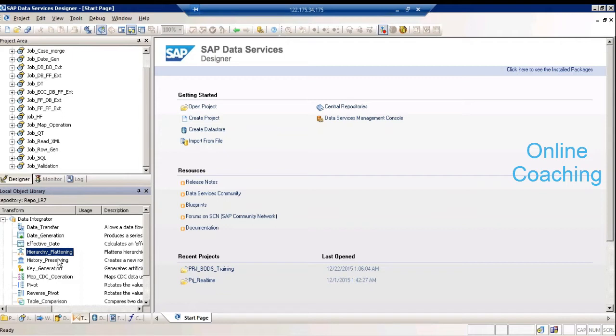Alright, so let us run this job. We are trying to create a structure as of now. I'm just thinking that I missed one or two fields, and let us check that. So table comparison, and even before that I need this query